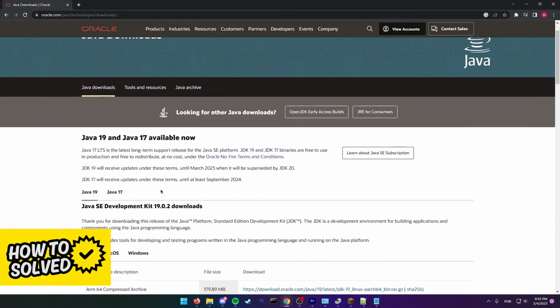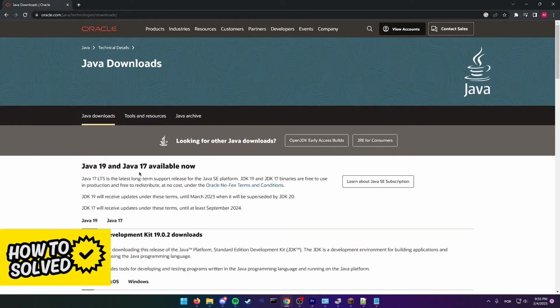64 bits. I hope I was able to help you on how to fix Minecraft error could not create Java